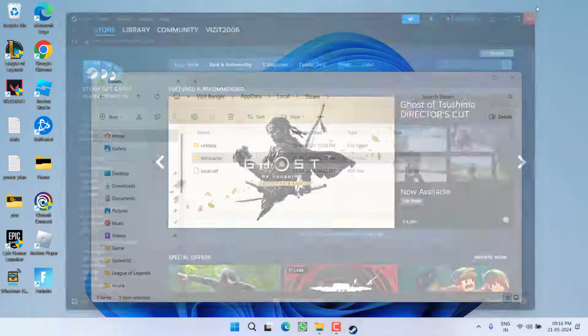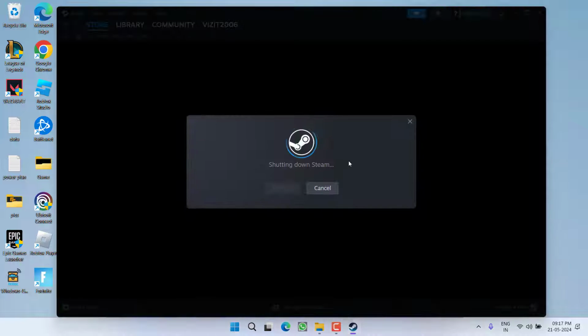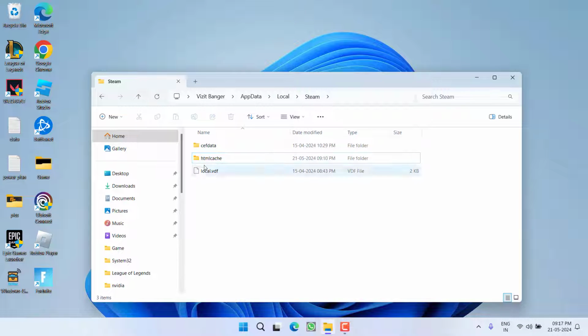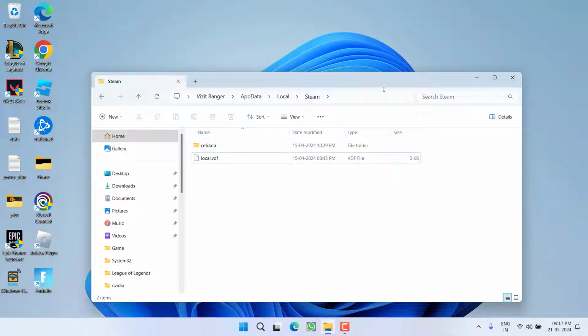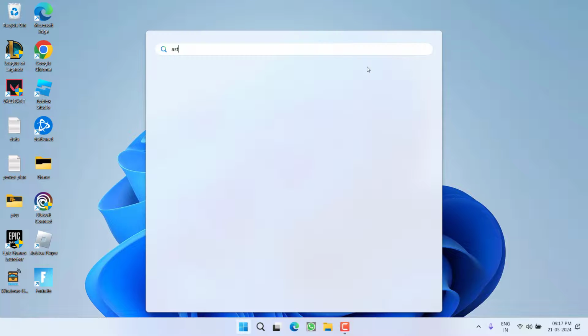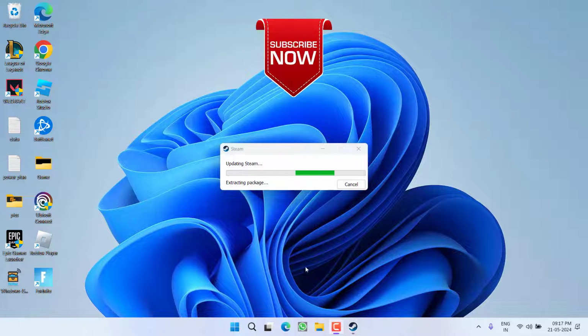Close Steam. In your system tray icon also, make sure Steam is completely closed. Once Steam is closed, right click on the htmlcache folder and choose Delete. Once the folder is deleted, relaunch Steam, and after launching Steam, the issue of black screen on launch will be completely fixed.